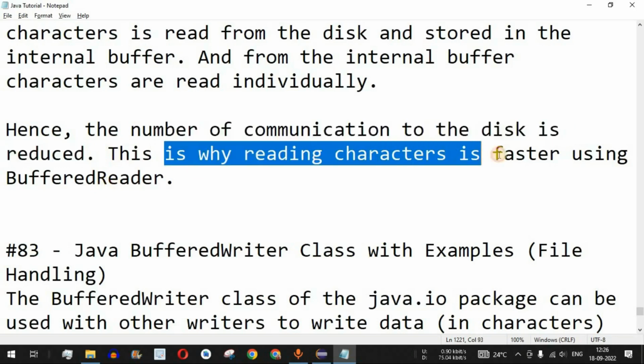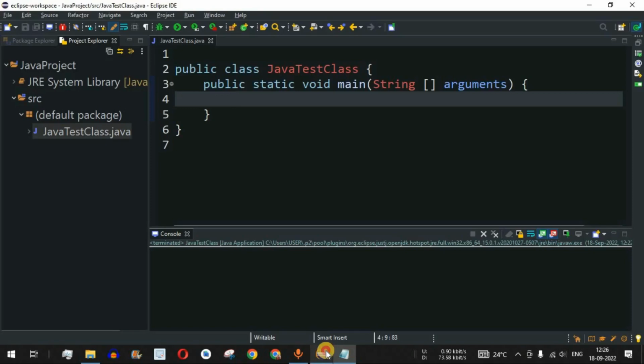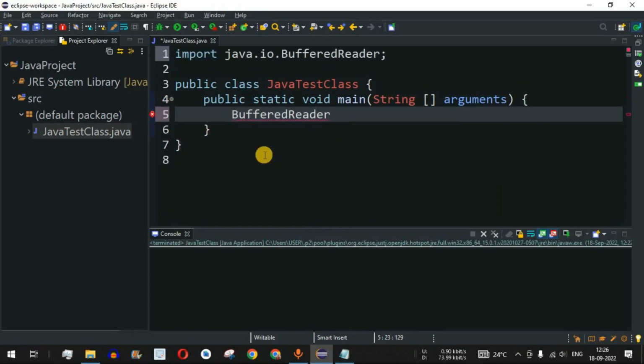So this is why reading characters is faster using BufferedReader. Guys, let us check this with the help of examples. In the Eclipse IDE, we can directly use the BufferedReader class. When we type BufferedReader, as you can see, it is getting suggested in the Eclipse IDE, and